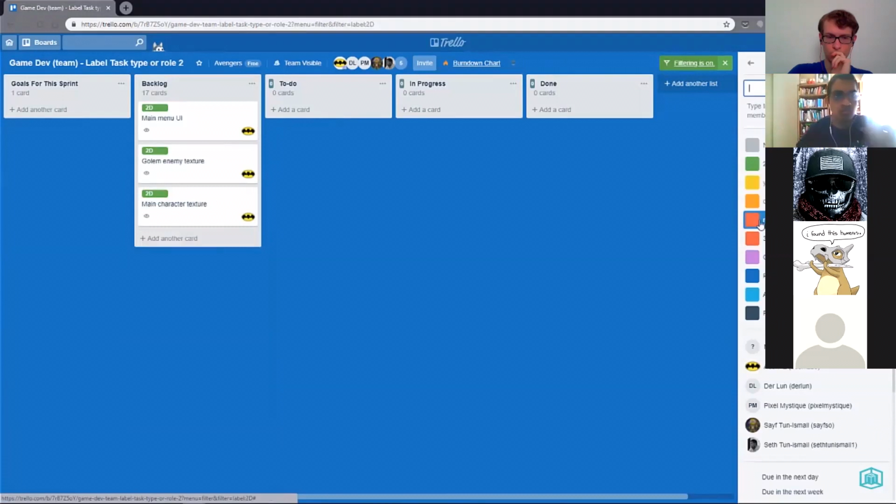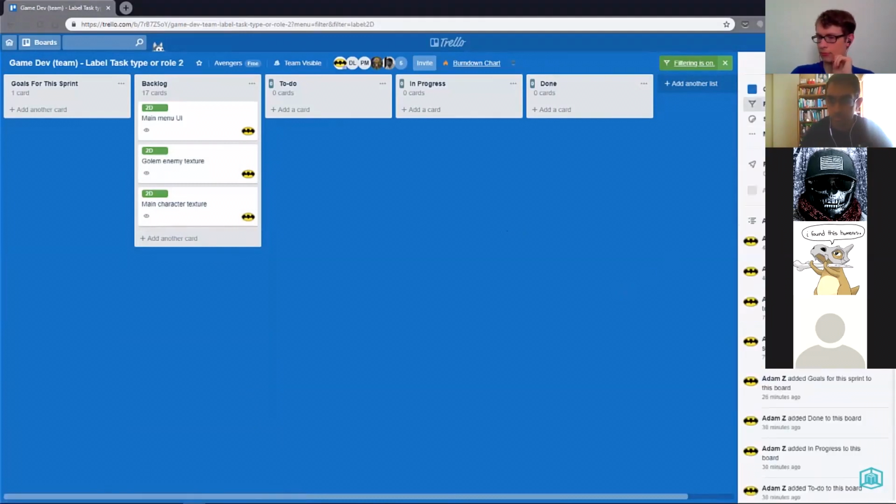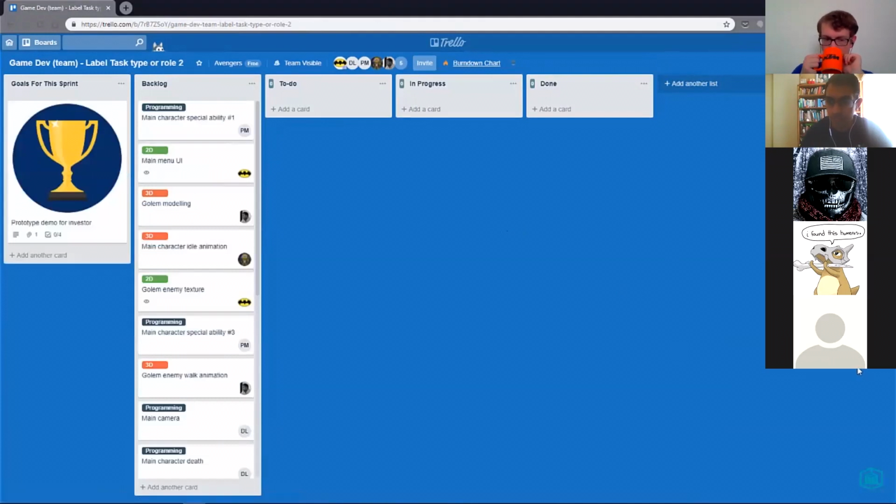So imagine, like I mentioned before, if you have hundreds or thousands of cards as your project moves on and things get more complex and you have more team members, this feature of filtering cards using labels is extremely powerful. So this is one of the most important things that you want to do as a team, and form this habit of listing down tasks in the form of cards in Trello.